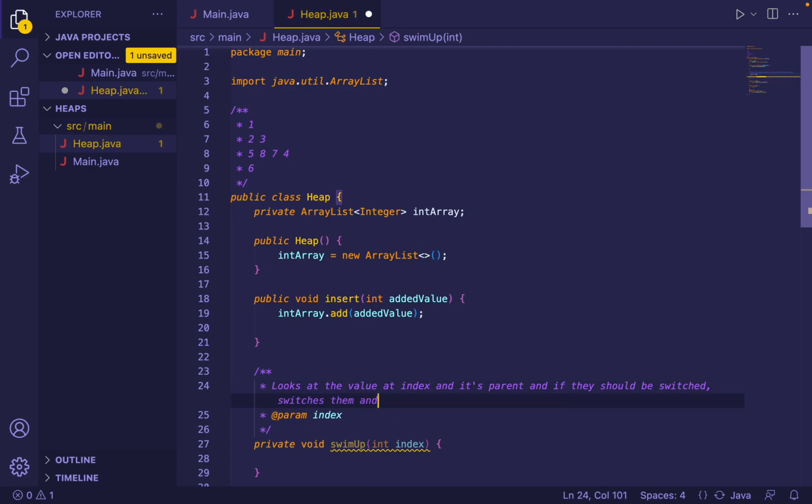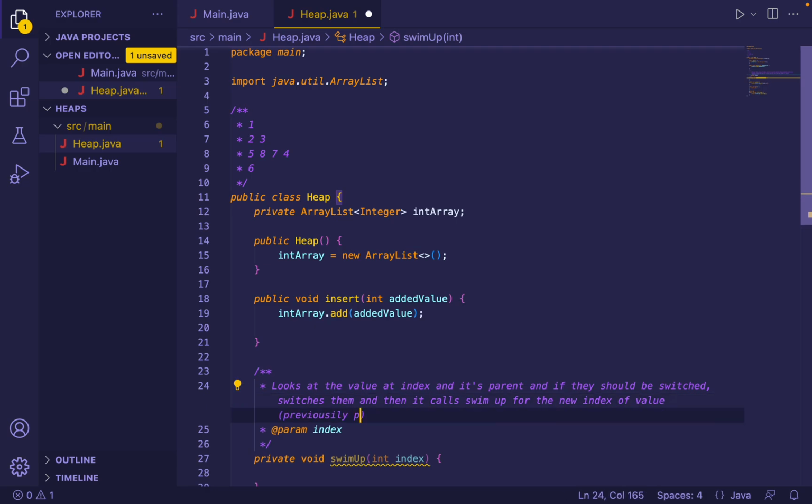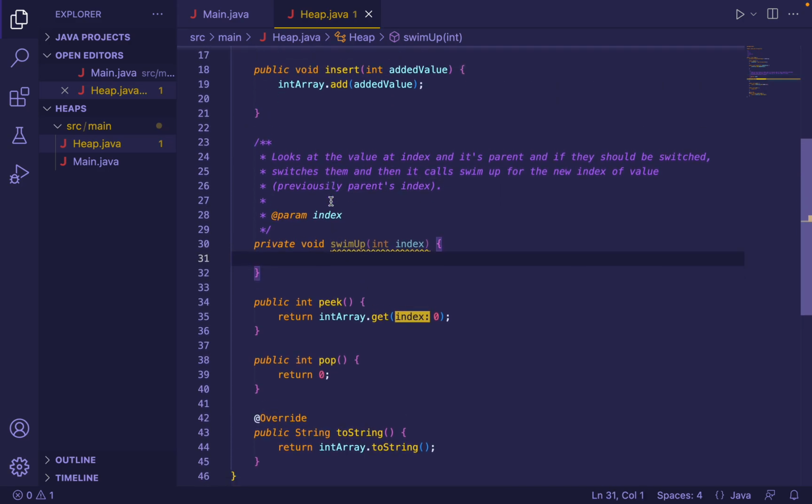Switches them, and then it calls swim up for the new index value, previous parent index. All right, and